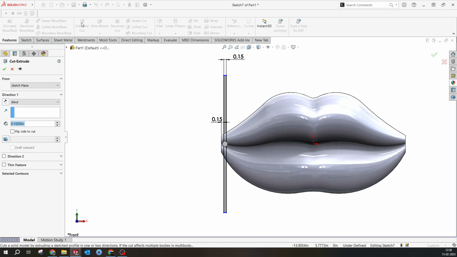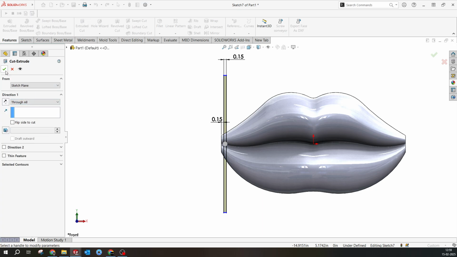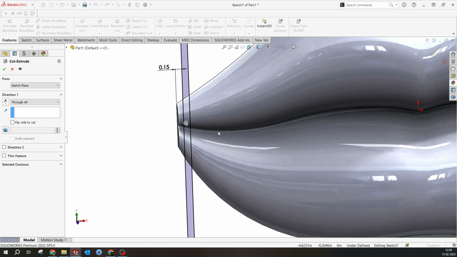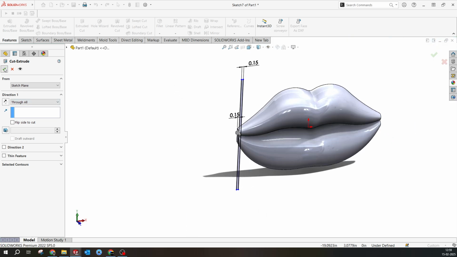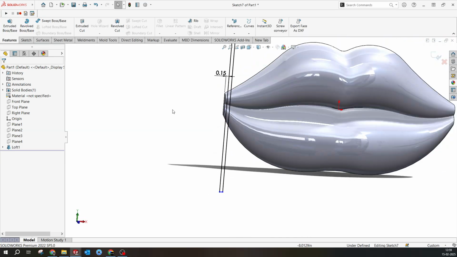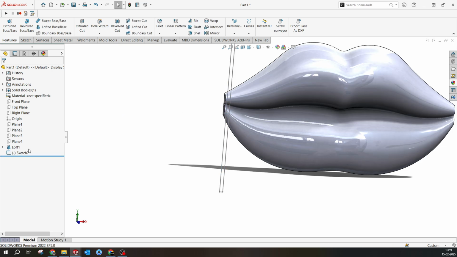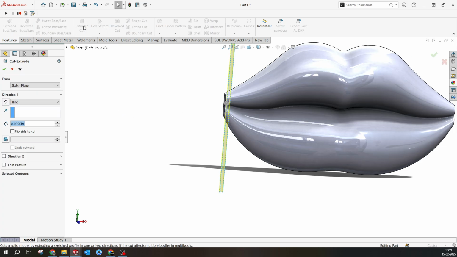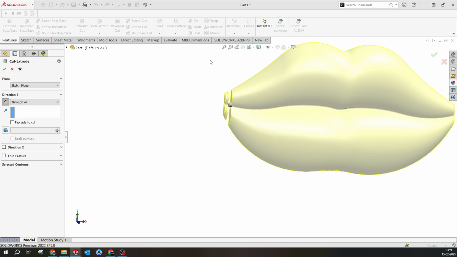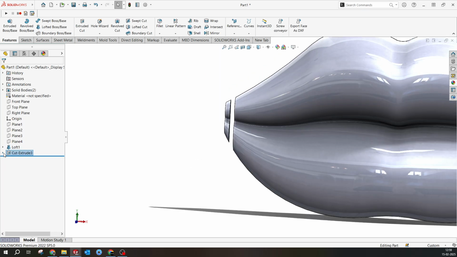I'm going to do extrude cut through all. Oops. Through all: the intent does not intersect the model. Please check the sketch direction. Okay, I don't know whether we have multiple sketches. No, right? So we will come out of this sketch and have a look at that extrude cut through all, both directions. Maybe this way. Yes. I want all bodies to be selected. So this time